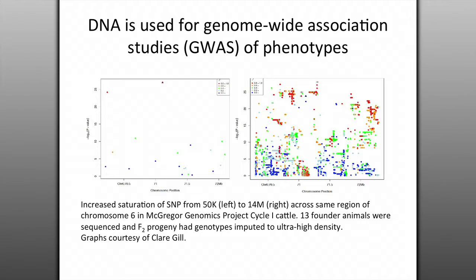That just means markers where there's a single change in the DNA base from one letter to another. And so 50,000 genotypes on an animal is a tremendous amount of information, right? But there's almost 3 billion potential genotypes in an individual. So if we are using the 50K chip within regions, yeah, we see some hits related to some traits, but